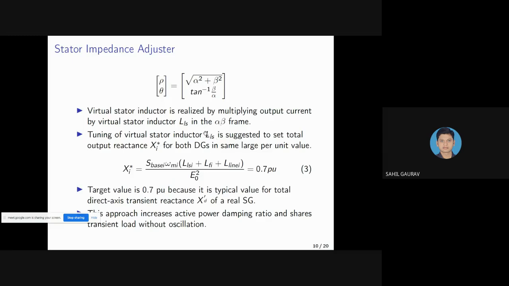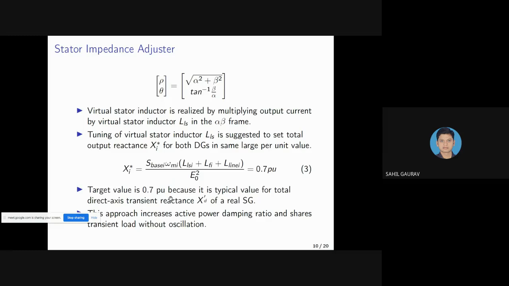This is one of the major questions: how are we going to find this virtual stator inductor? So we have to do the state space analysis of the model, and on that model we get these equations. Here xi star is set equal to 0.7 per unit. This target value is proposed to be 0.7 per unit because it is a typical value for the total direct axis transient reactance xd of a real